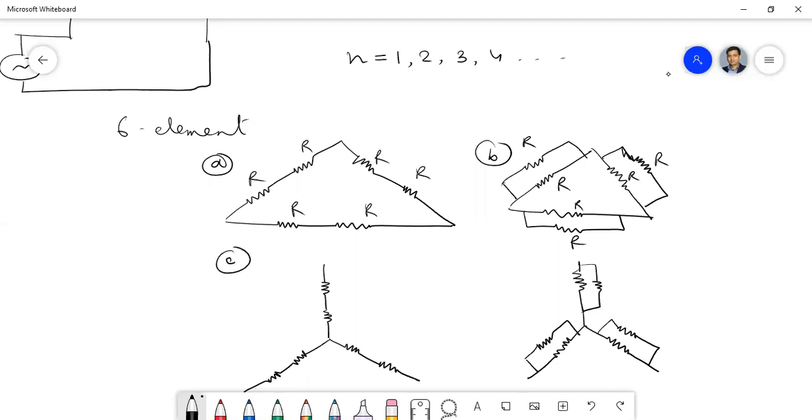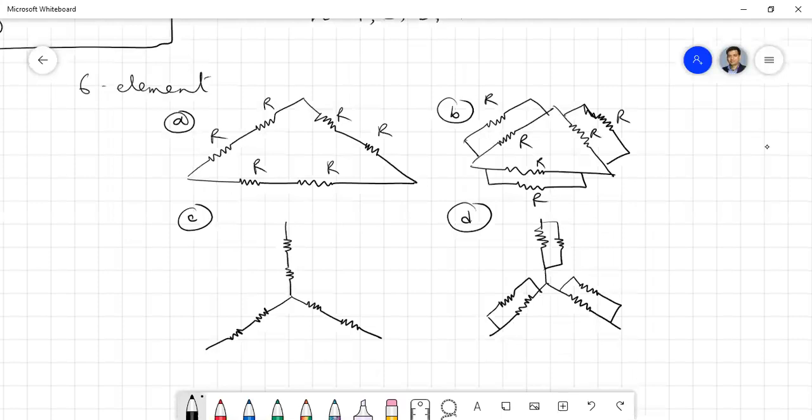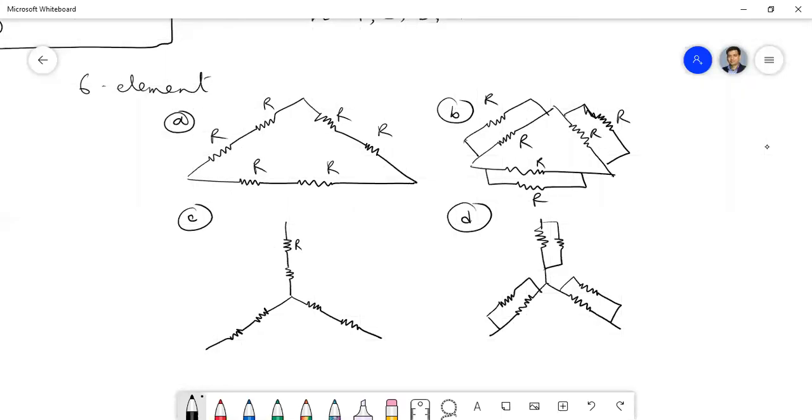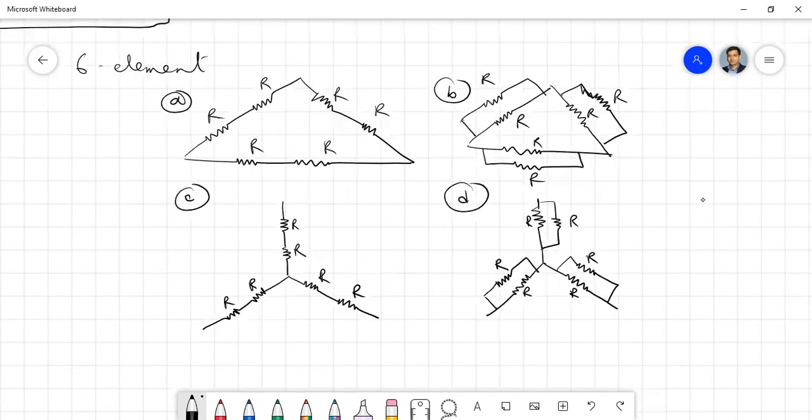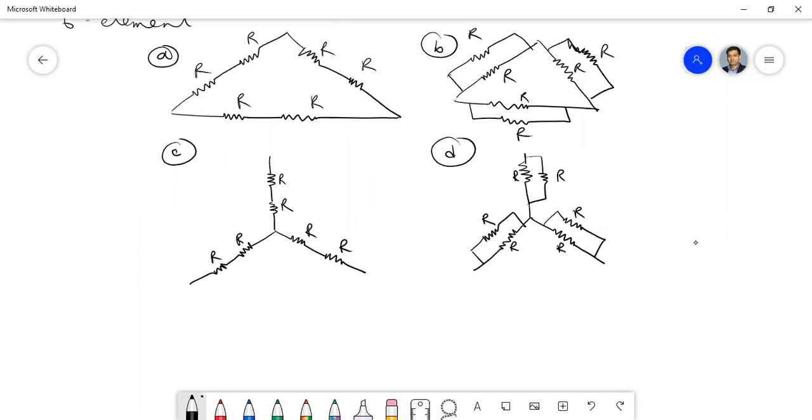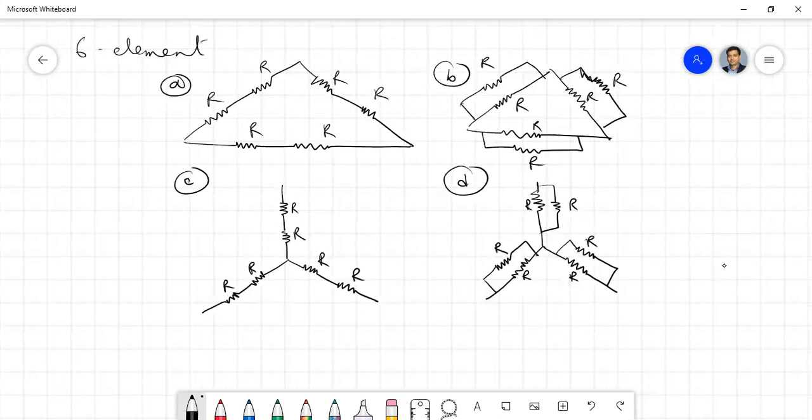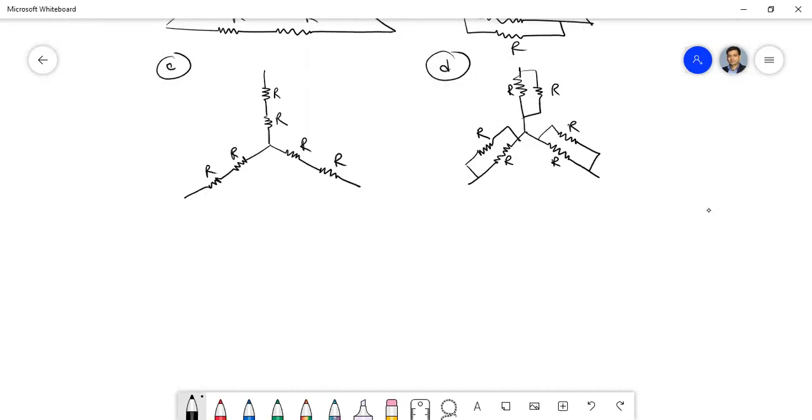Okay, is it clear? So this is how, by varying the circuit combination or circuit connection, we can change the heat input to the heating element. Okay, so what are the other techniques by which we can control the heat? I think I have listed all this in the last class. Do you have that notes?